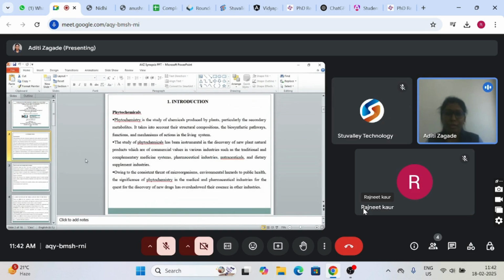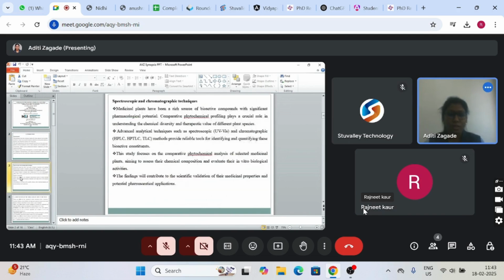Introduction of the phytochemicals. Basically, phytochemistry is the study of chemicals produced by the plants and the different constituents of the plants, which is mainly used in different types of diseases as well as disorders. And these different kinds of phytochemicals or phytoconstituents are used in various industries, nutraceuticals as well as dietary supplements industries. Then the phytochemicals are also counted as constituents that threaten microorganisms, environmental hazards to public health, and the significance of phytochemistry in the medical and pharmaceutical industry for the quest for the discovery of new drugs has overshadowed their industrial essence. Basically, sir,